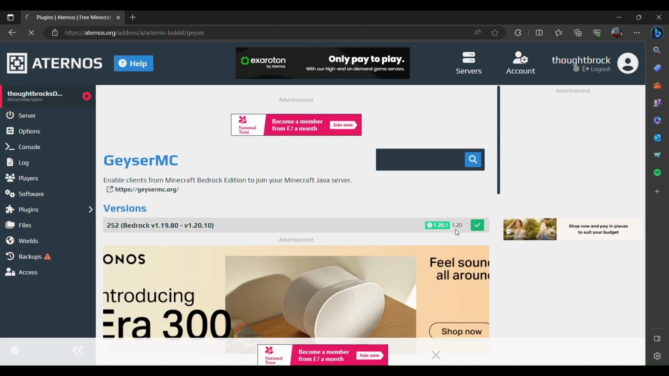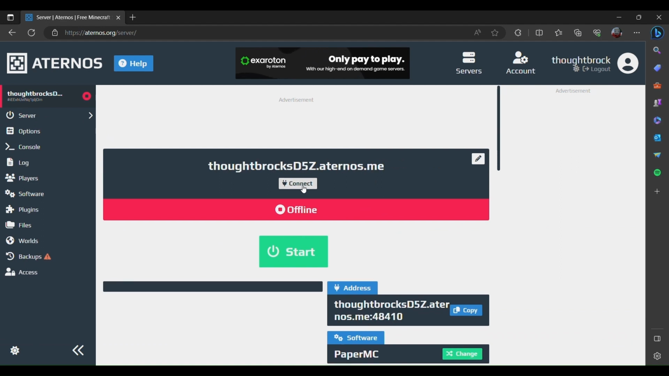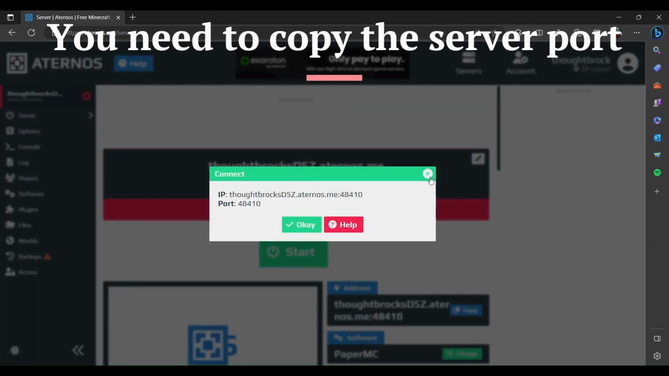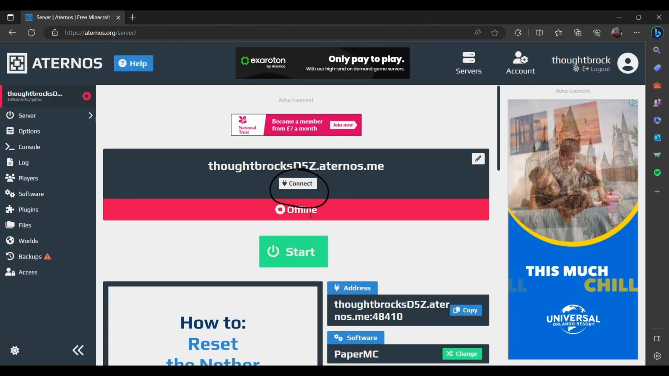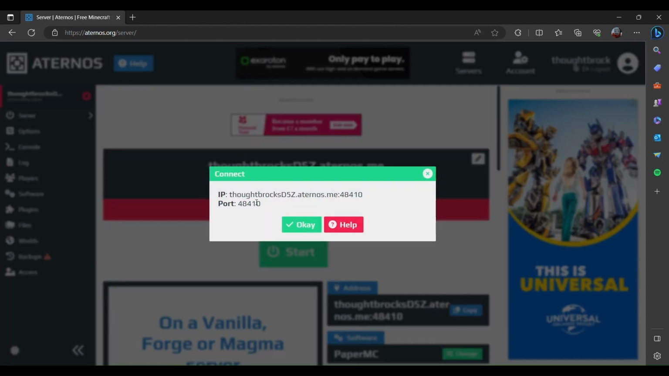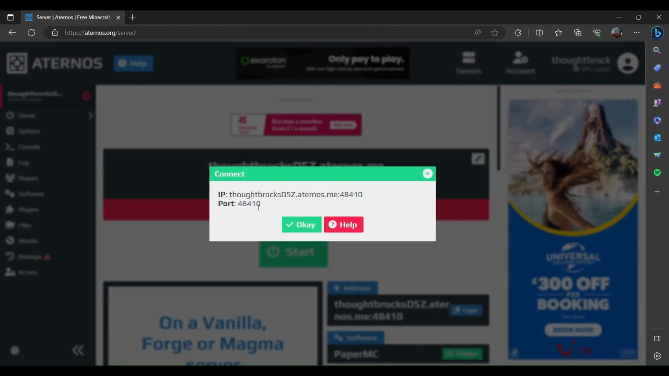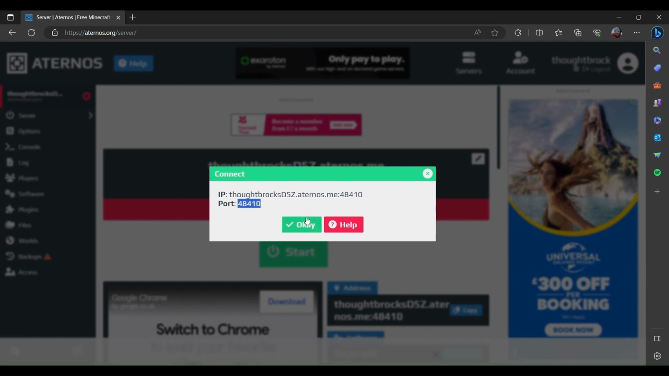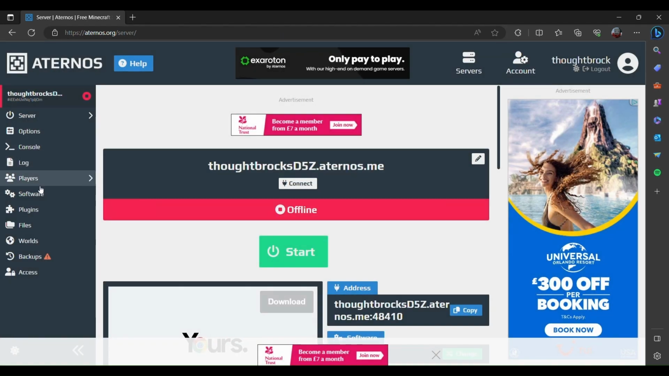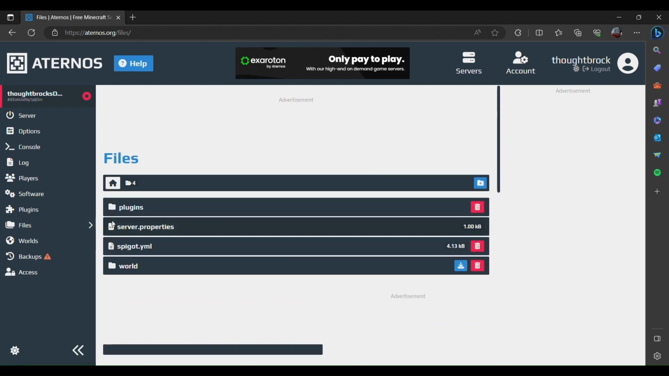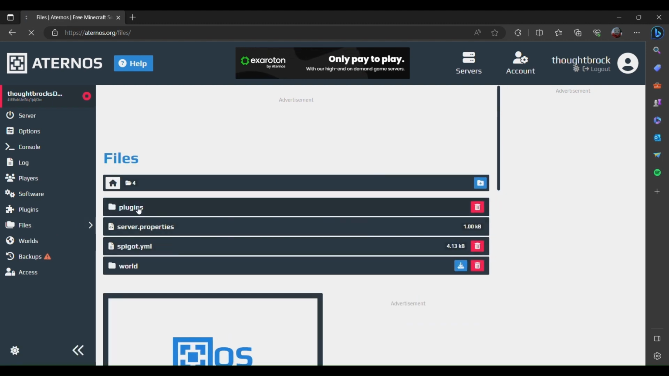The last thing you need to do, and this is also quite crucial, otherwise the Bedrock players will not be able to join. So you want to go to the server page, main server page, and then you want to hit connect, the white color button, and then you'll get the IP and the port. So what you want to do is copy the port right there. You can just right click and copy, or just hit Ctrl C, and then you want to go into files, to the server files, plugins,